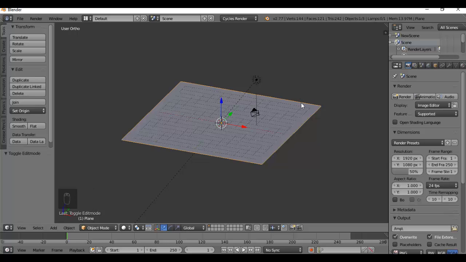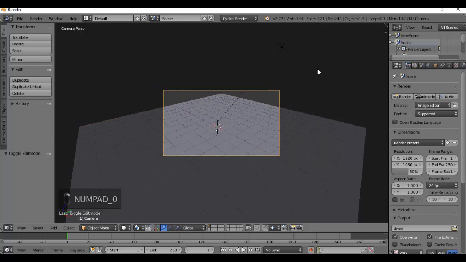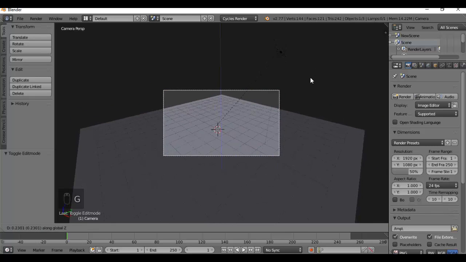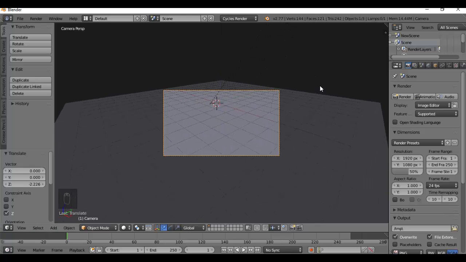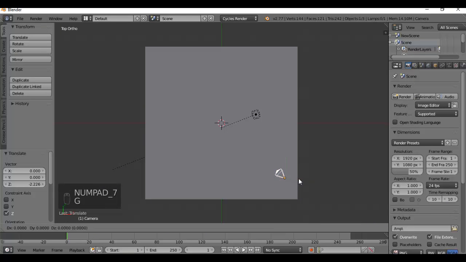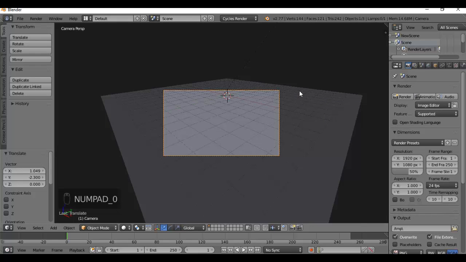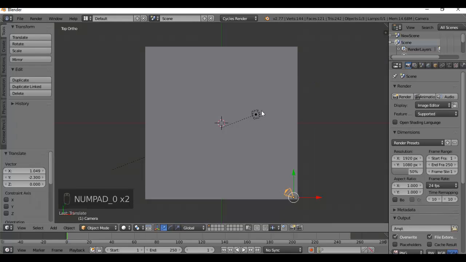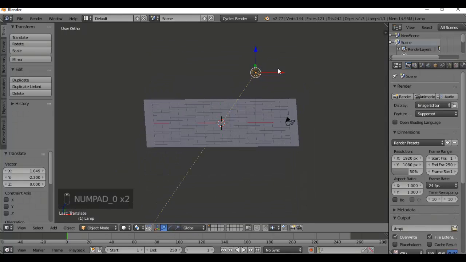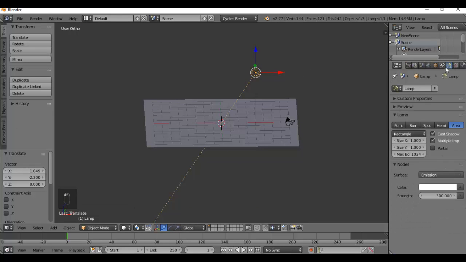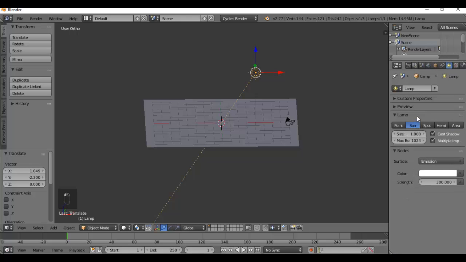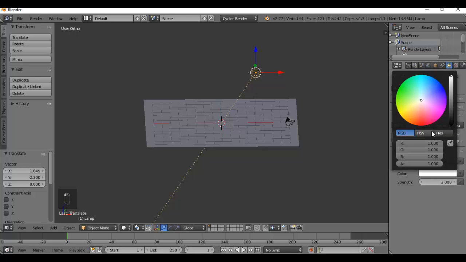Now switch to camera view and let's reposition the camera. G Z, 7 for top view and grab this back, and back into camera view. Okay, so let's now select this lamp and go to properties of the lamp and select the sun. Decrease the strength to 3 and change the color